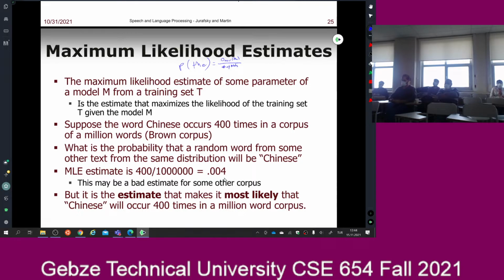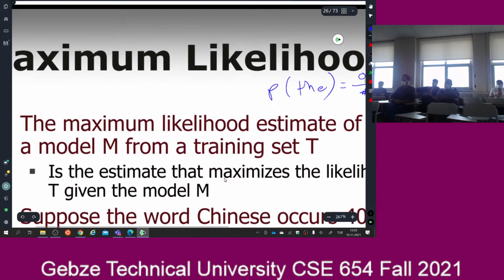This is not the only way of estimating. Maximum likelihood estimation works up to some point, but in some cases it has problems. For example, what is the probability of the word very, okay, I don't know if there exists such a word in English. Yeah, there exists such a word in English. I think it comes from Old English. What is the probability of it